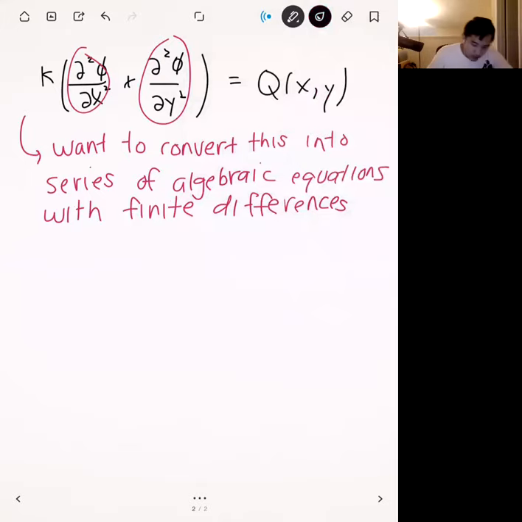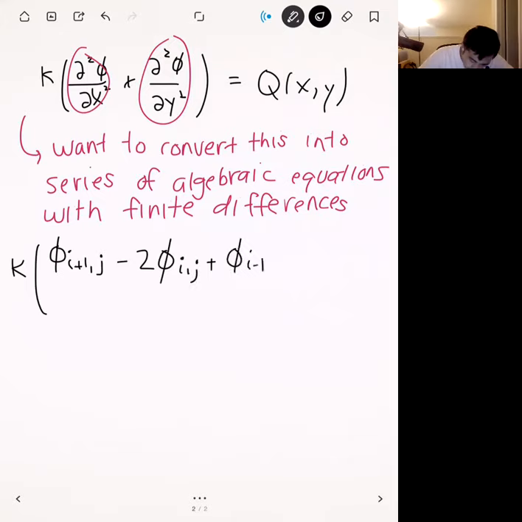I'm going to apply our usual central difference scheme for our second order diffusion derivatives to each of these guys. So we have k. First, we have d squared phi dx squared, and so that's going to be phi i plus 1 comma j minus 2 phi i comma j plus phi i minus 1 comma j all divided by delta x squared,